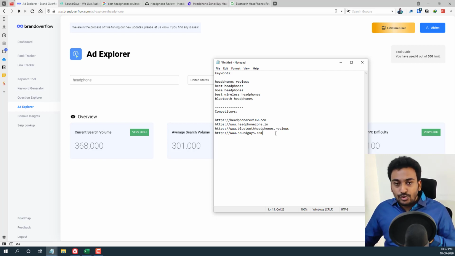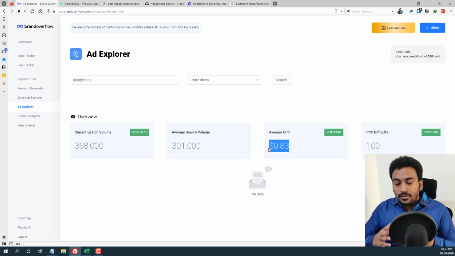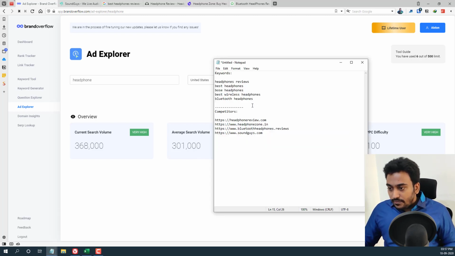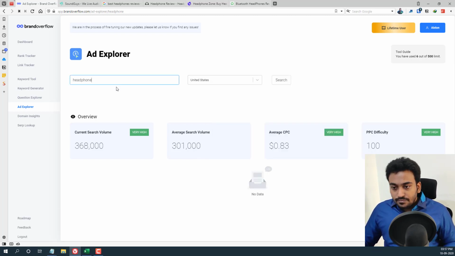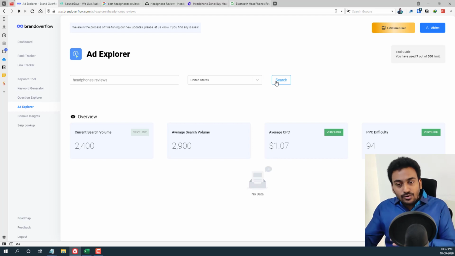So I would have used these things, and I also use this PPC data as a validity metric in order to validate my keywords. For example, I'm just copying one of these keywords. Let's say, for example, headphone reviews. I'm not going to target headphones because it can be headphone pictures, headphone songs or something like that, but headphone review is specific, they are looking for the reviews. So let's say, for example, if I'm going to target headphone review, there are over 2,400 searches in United States,